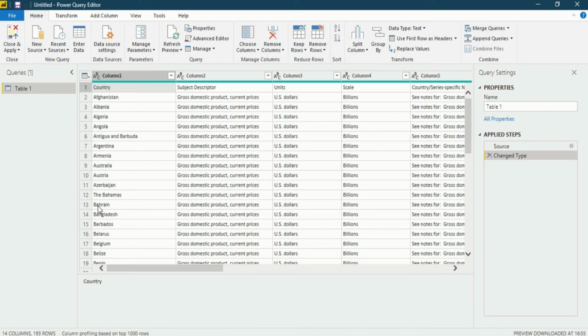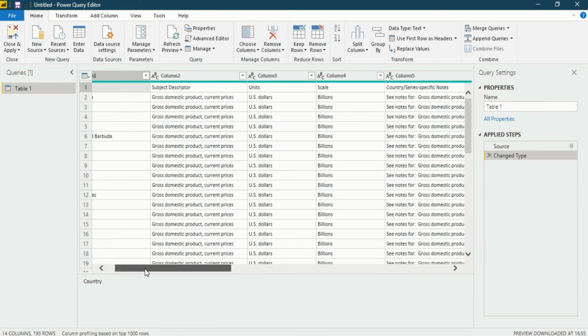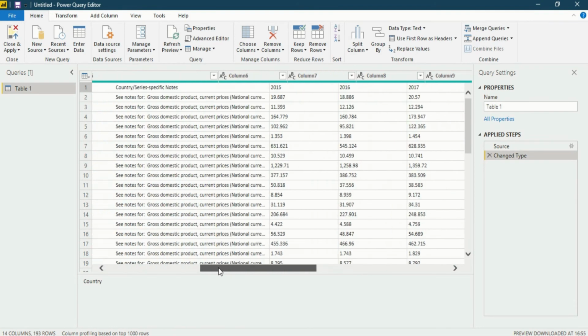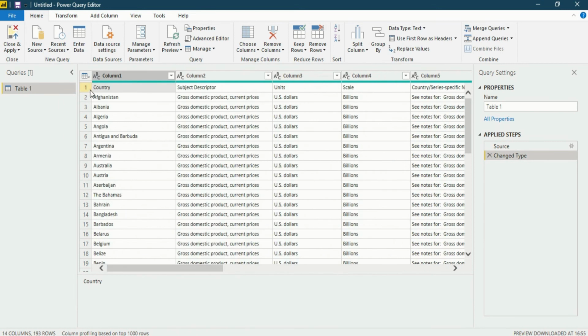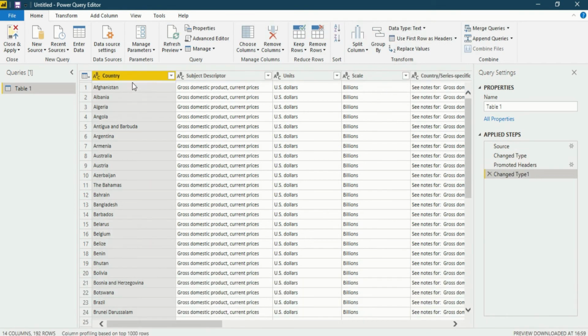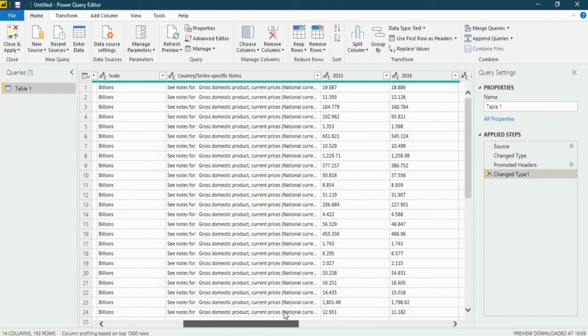So now we are in Power Query Editor. Now let us explore our data and see what should be done to improve our data quality. The first thing that could be noticed is that the first row should be used as the header. So how could that be done? This is very easy. In the Home tab, go into the Transform part, where you will find the Use First Row as Headers option. Just click on that button. After that, your first row will be converted into the headers. Now you could easily see Country, Subject, Description, Unit, Scale and Country now become the headers.